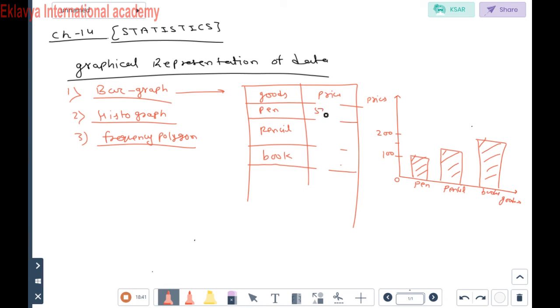But students, suppose here values are given to you like that. Value is given to you 500, 600 and 700. Then how we will take their values on the graph? So if we start directly from here, 500, then 600, then 700. But here starting reference is 500, then 100, 100. That is wrong. So in that type of question, students, how we will make equal interval?